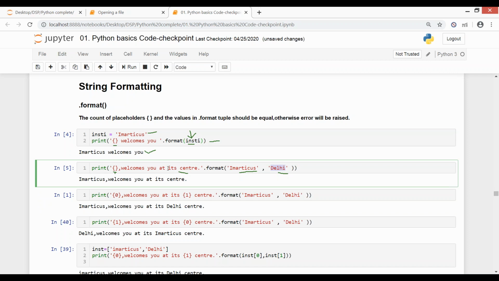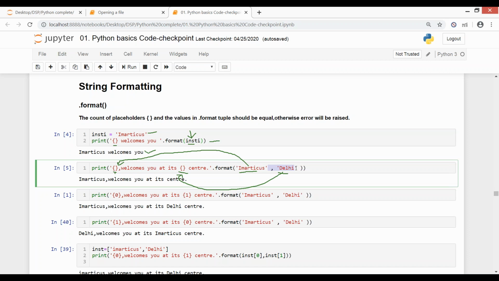So if you want to print both of them, then you have to include two placeholders at the place where you want the result to be. So मैंने the very first, again first come first serve, पहले इसमें Ematicus था. So Ematicus got into this placeholder. Then Delhi was written. Delhi came into this one. ठीक है? So ideally by default it will work. You give n number of placeholders, it will work. But उस placeholders के लिए आपको value भी define करनी पड़ेगी. Now when I deleted a placeholder, it was good to go.